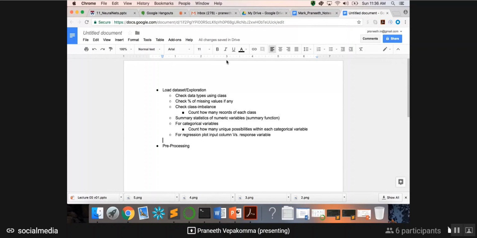But if you have like a million records and like 50,000 columns, you obviously do not want to generate 50,000 plots, one for each column. Okay, thank you. So yeah, you do that. You can also look at